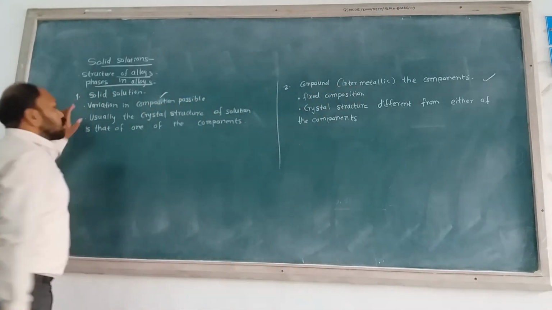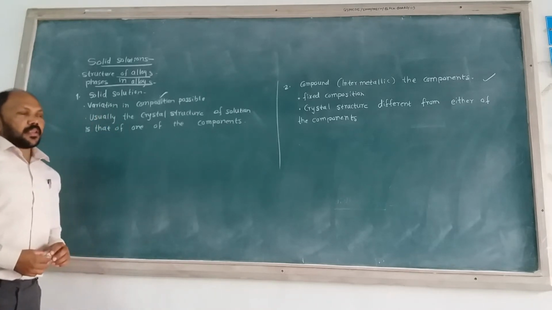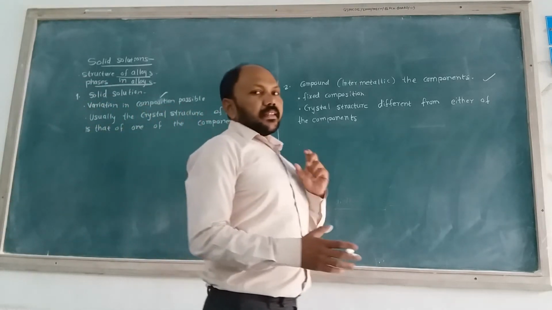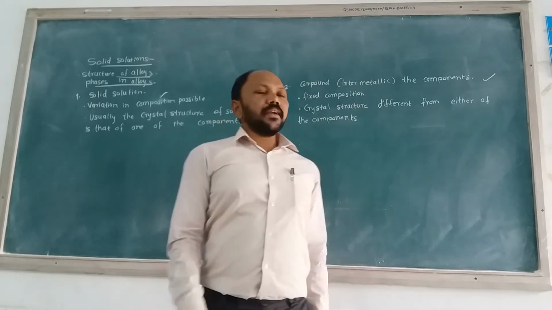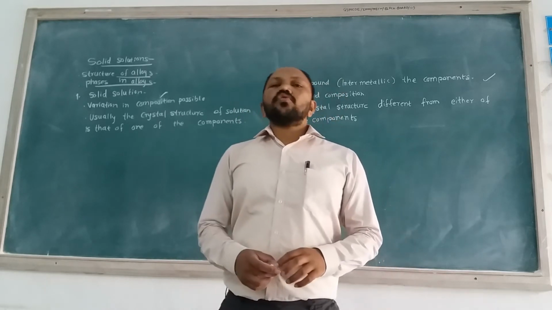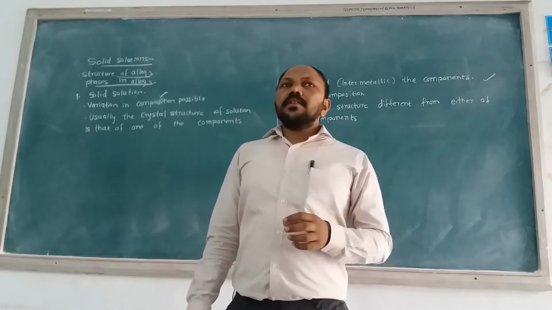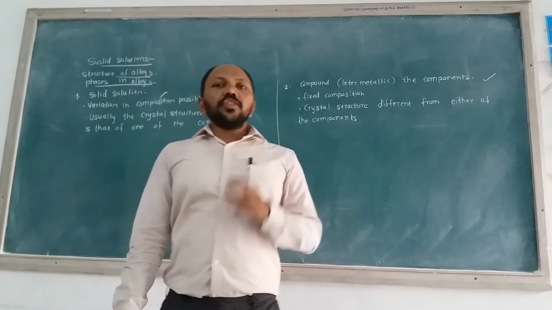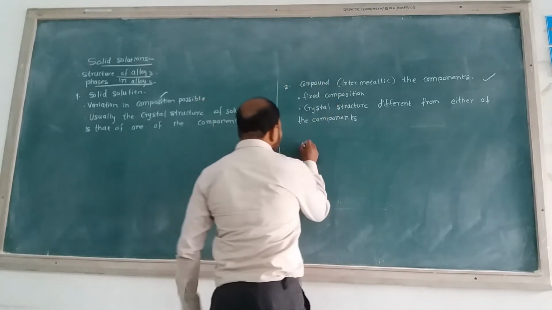If we consider solid solution, variation in composition is possible. If we consider two materials, one material acts as a solute and the other acts as a solvent. If we compare the percentage of solute in the alloy material, the percentage of solute is mostly minimum. For example,